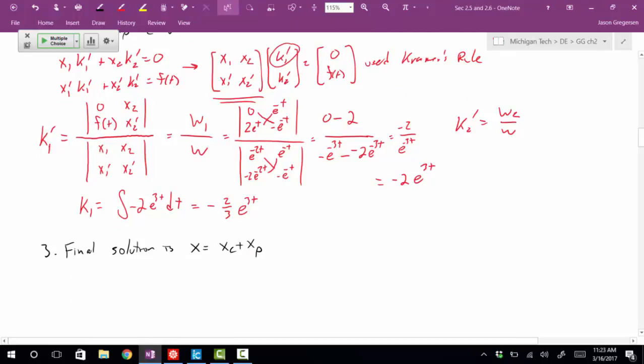All right, so I have k1. I can do the same thing over on the other side. I'm just going to tell you what the answer was. k2 ended up being e to the 2t. And the idea is, what do we do with these guys? Now we have to form our solution. So xp